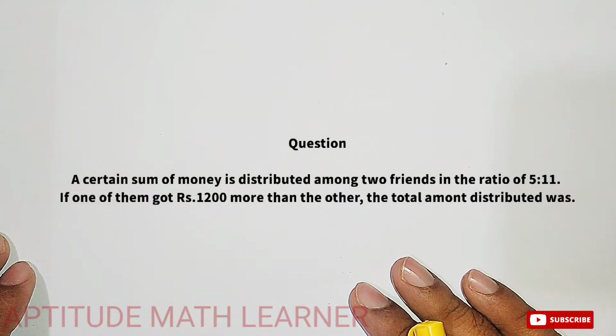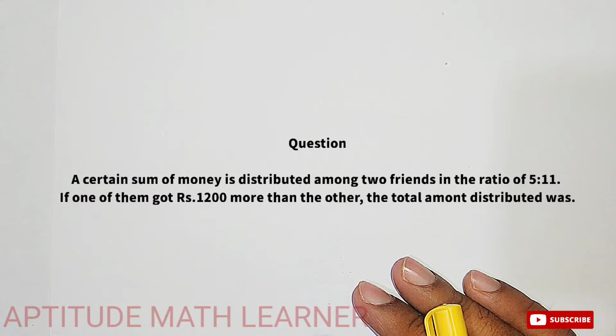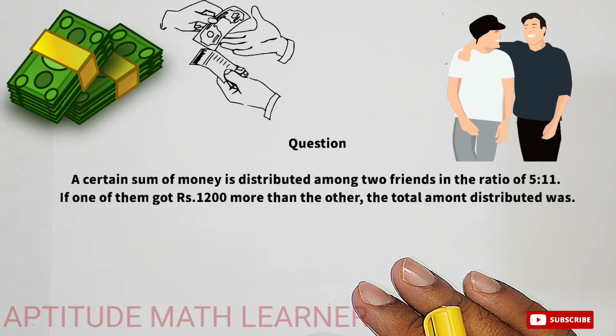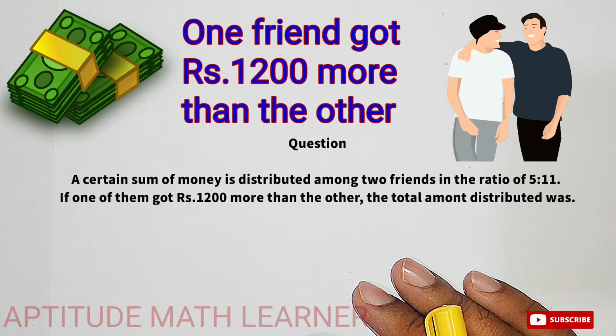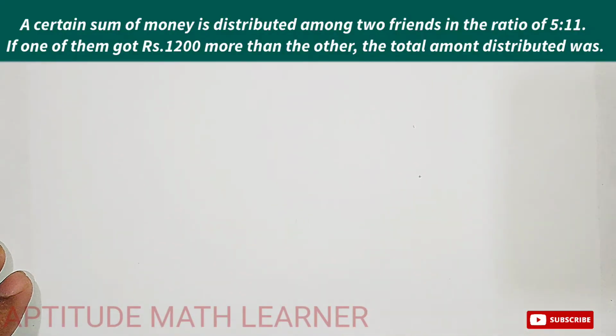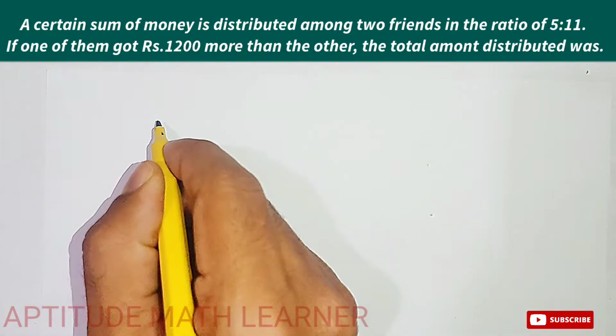The question today is: a certain sum of money is distributed among two friends in the ratio of 5:11. If one of them got rupees 1,200 more than the other, what was the total sum? So here we have two friends and the ratio given is 5:11. Let the ratio be